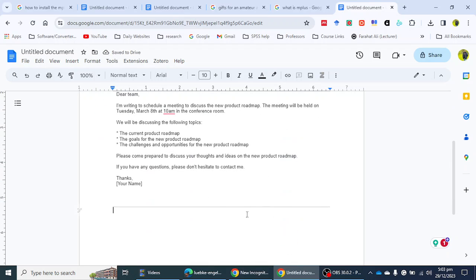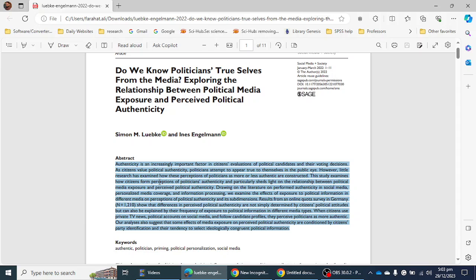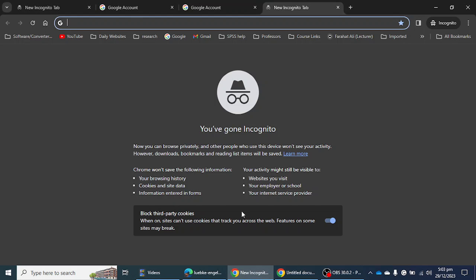But if you want to do something else, like I have a research paper, or I am writing the literature review part of my thesis, a research article, or a dissertation, you can simply paste anything or write anything and ask Google's Duet AI to help make it better. It can rephrase for you, it can make it shorter, and it can make it better. So here I'm going to select an abstract from this paper, and I'm going to paste